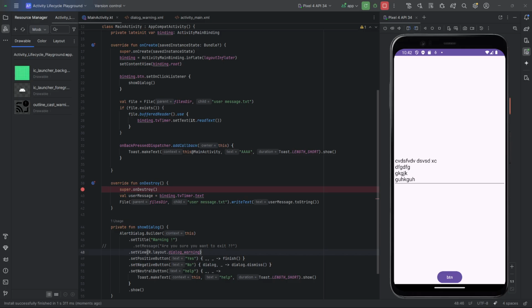And of course, I can click no to go back, I can click more info for our neutral button, and I can click yes to finish the app. And that is the